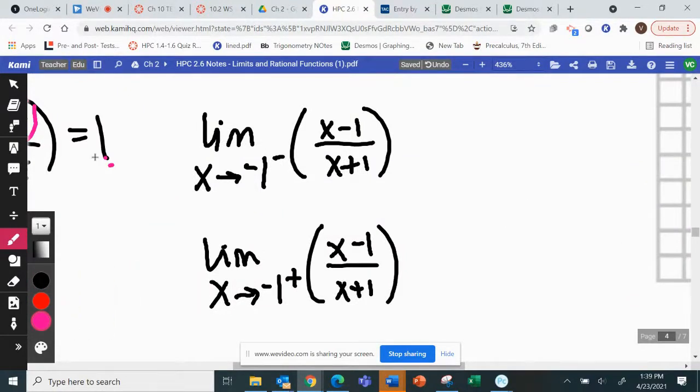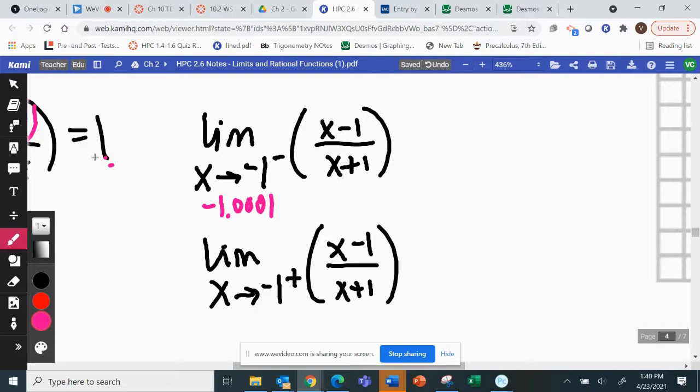So we pick something close to -1, but on the left side of -1. So negative, anybody have an idea? Smaller than -1 on the left side of -1. Abby, give me a number. Perfect. I love it. Okay, so when I plug that in for my x's, I'm going to have on top